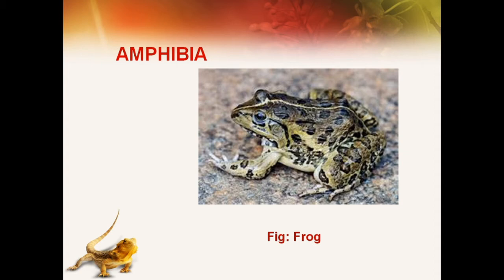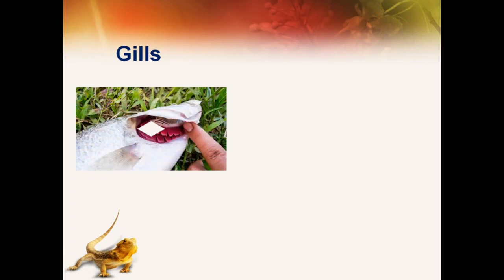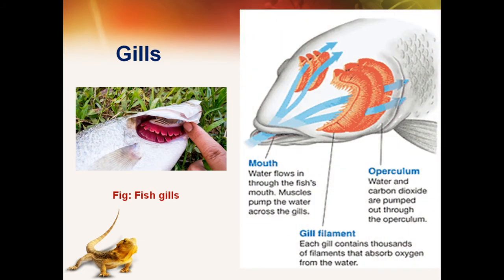But in higher vertebrates like reptiles, birds and mammals, the skin is not moist, wet and slippery like lower vertebrates. Therefore, there is no skin respiration. They develop more advanced respiratory organs like gills and lungs. Now, we will see the gills and the structure of gills. The gills are the main respiratory organs developed in different aquatic lower vertebrates for aquatic respiration.